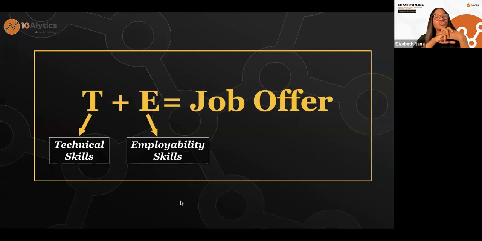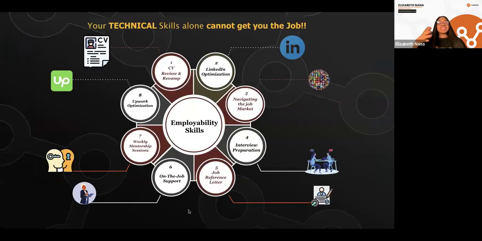Now, is it enough to just know how to use all of these tools? It is not. You also need to have employability skills because that is how we believe you'll be able to get a job. What are your employability skills? That is what helps you to stand out. Your technical skills alone cannot get you the job, and that is just the truth. So employability skills like